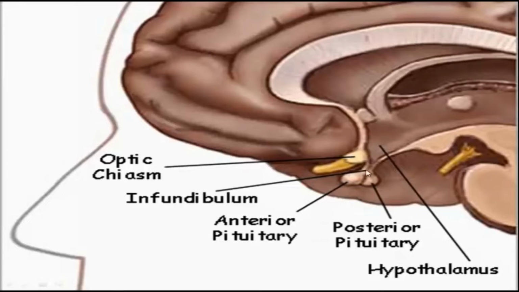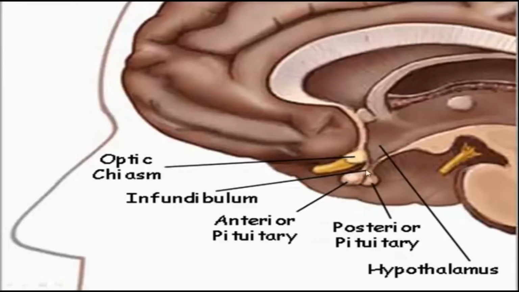The shape of the pituitary gland is P-shaped. It is 1.3 centimeter in diameter and weighs 0.5 gram. The pituitary gland forms the major endocrine gland in most vertebrates. It regulates and controls other endocrine glands, and it is known as the master gland.